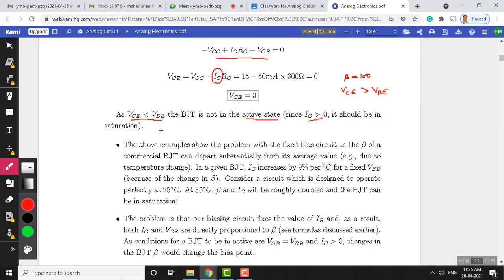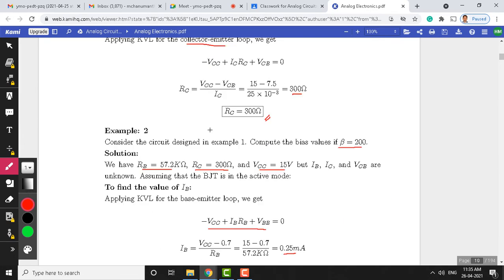We expect the BJT to be in the active mode during amplification, but here, due to the increase in beta value, the transistor moved from the active state to the saturation state. So, this is a problem with reference to this circuit here. That means the drawback of this circuit is